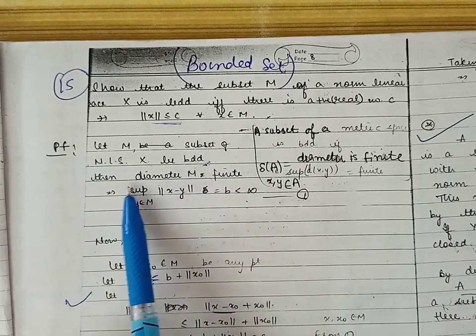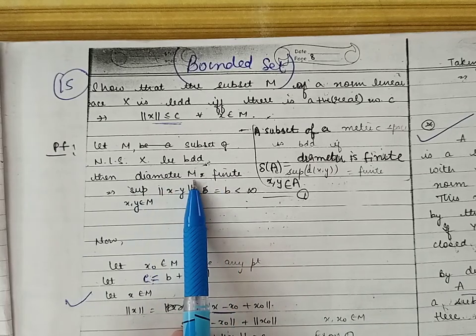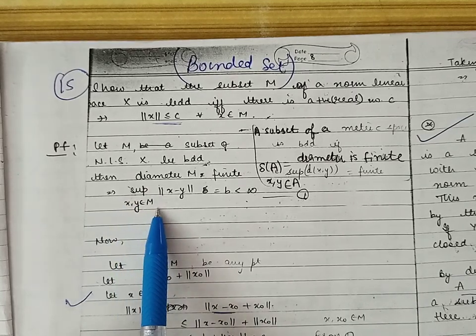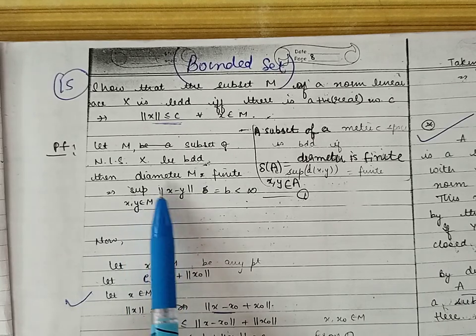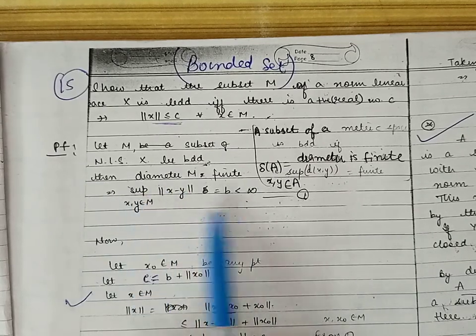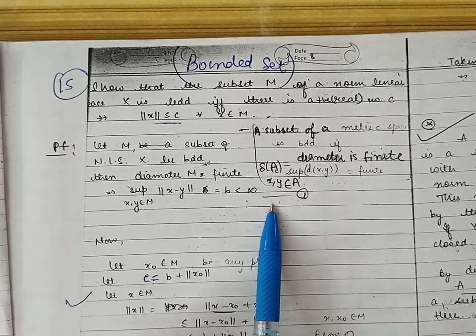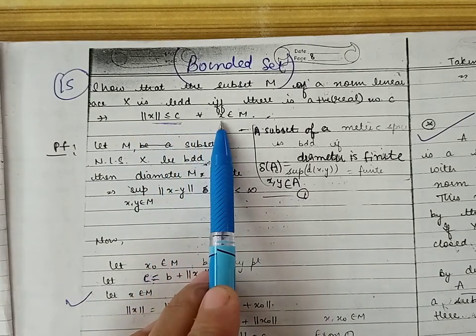Now by definition, because M is bounded, the diameter of M is finite. Diameter of M means the supremum of the set of distances between every 2 elements of M. Now in a normed space, the distance between 2 elements x and y is defined by the norm of x minus y. Now because this is finite, let us take this quantity as B. So we have obtained B is finite. Now we have to prove that norm of x is less than or equal to C